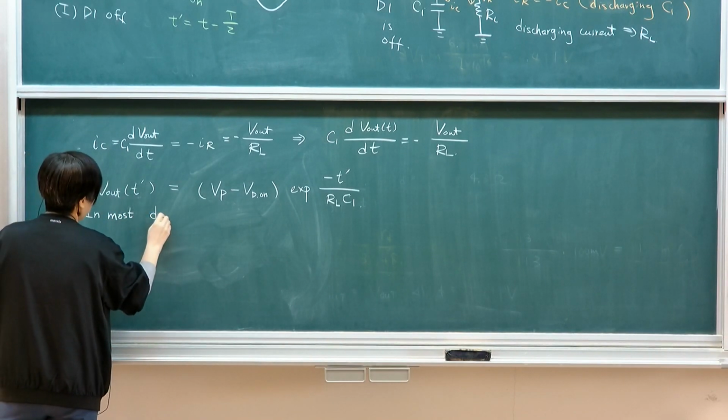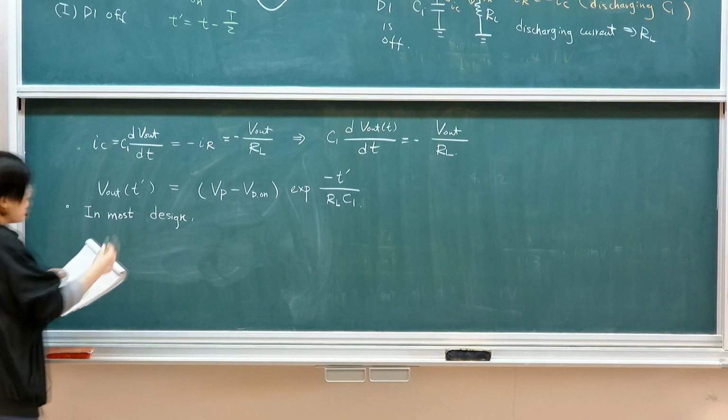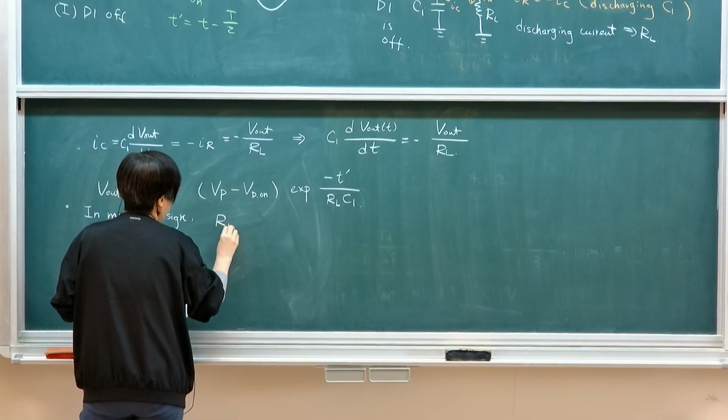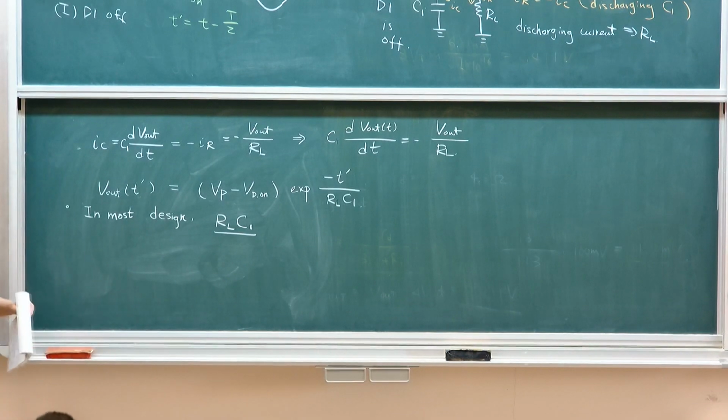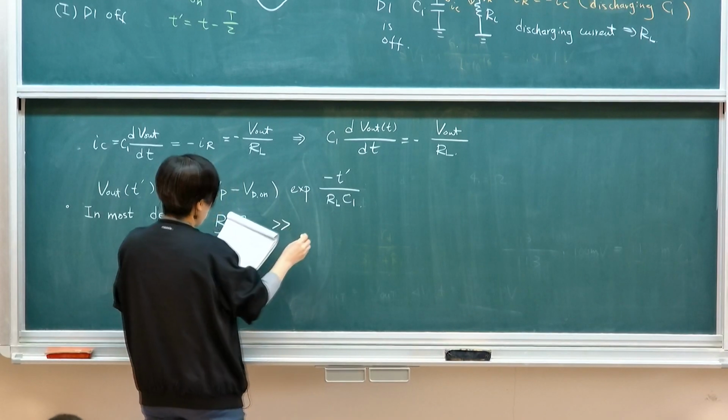So in most cases, we still need to do analysis based on typical design, unless you make a very poor pick. Otherwise, this type of approximation is actually pretty accurate. So in most designs, what you actually want is to make sure that the usage of water and the size of the tank is comparable to a level where there's not a significant drop, meaning that you're not emptying the tank too much. So in a circuit sense, you typically make your RC time constant, meaning the amount of water being stored and the usage of the tank, you could estimate the time should be, in most cases, much larger than